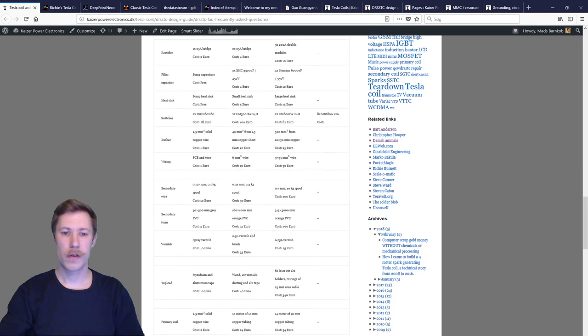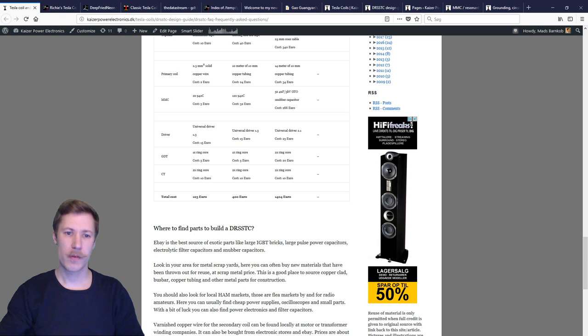If you scroll down to the summary at the bottom, the total cost for my smallest DRSSTC, the green one, was around €100, while the blue one was around €400, and the large one was €1,400. So the price kind of quadruples with the size, and so does the complexity of the build, and so does the weight,